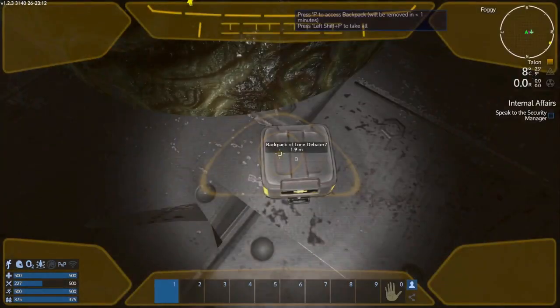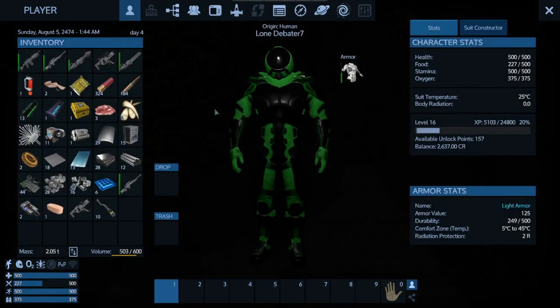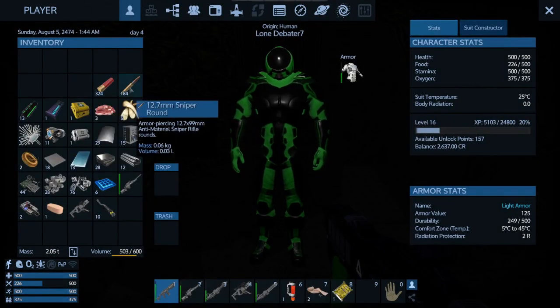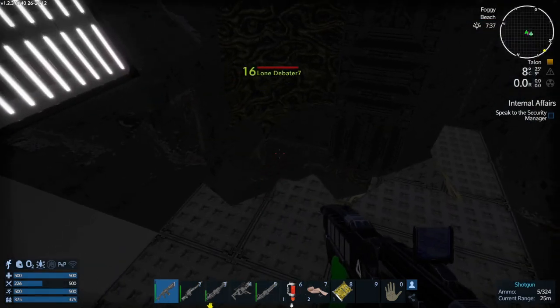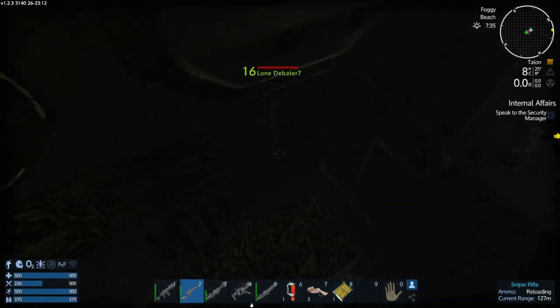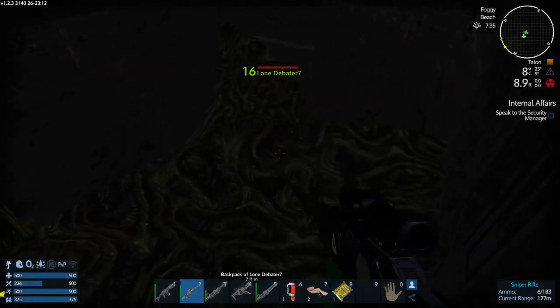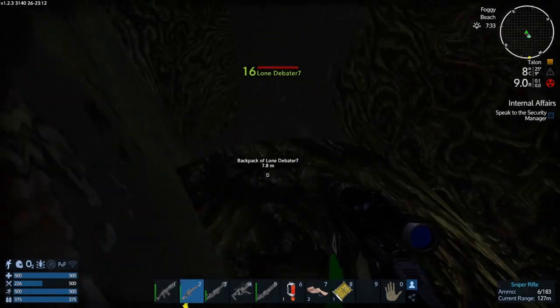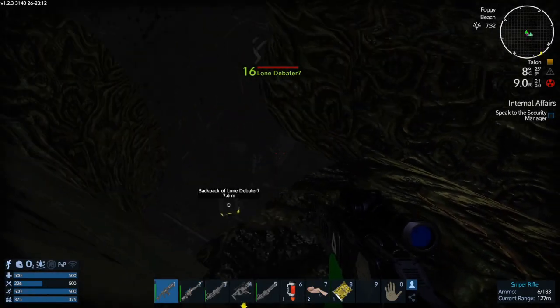So here's our bag. Get all of our stuff. Close out the drone. Okay, so we got our bag. I'm just resetting up my hotbar so we're ready. So that's loaded. This can be reloaded, so we have all 6 in the clip, just for safety. I mean, we're probably going to shoot this dude with a shotgun anyway, but...